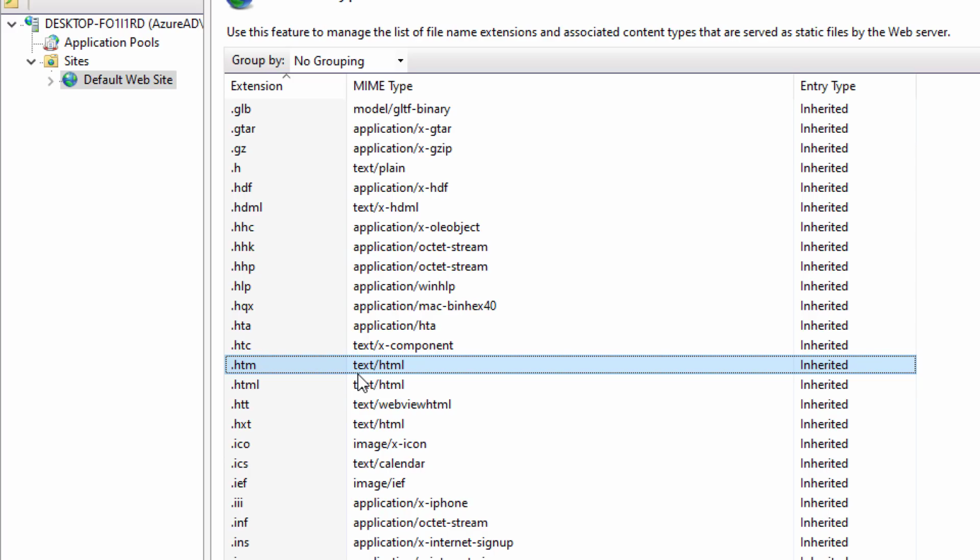Let's just say, we're not going to do it, but let's just say we are going to go rogue. And instead of having HTM files or HTML files, we're going to have HTZ files. We're going to create that. But they're still HTML files. The stuff inside is still an HTML document. We just named it HTZ for some reason. Well, we would just come in here and add an extension called .htz and say it's text/HTML, because that MIME type describes the content inside the file. That way, the IIS server knows how to handle it,